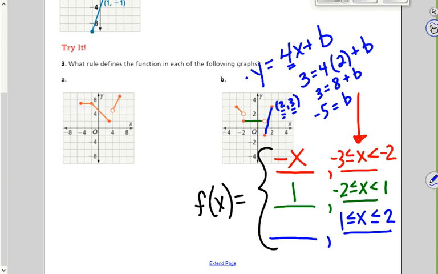So again, use your slope-intercept form to find your b if you don't know what it is. Maybe it's a trickier problem and you can't see what the b is. That's a good way to find your b. So now we know that this problem has an equation, the third piece, is 4x minus